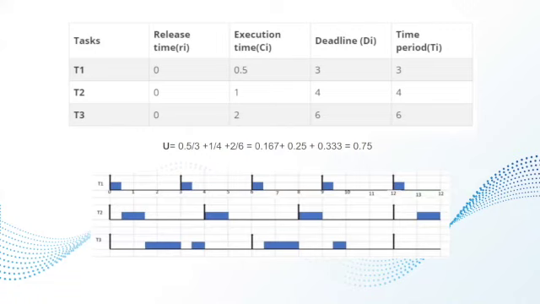At time equal 8, T2, with higher priority than T3, is going to release. So it preempts T3 and starts its execution. And then lastly, at time 9, T1 will release again, and it's going to preempt T3 again, and it's going to execute first until time is equal to 9.5, and then T3 is going to execute the remaining parts. And similarly, we can go on and use the same logic 2 more times.